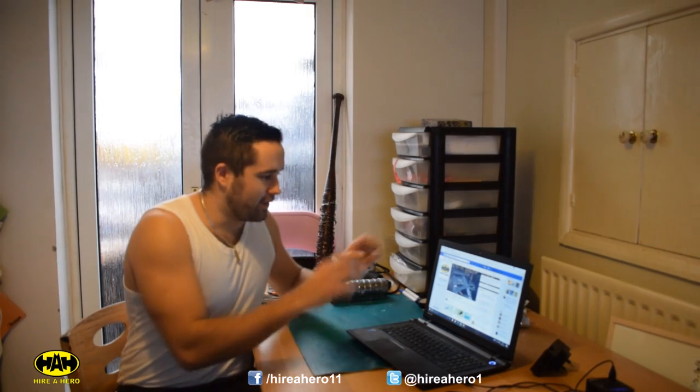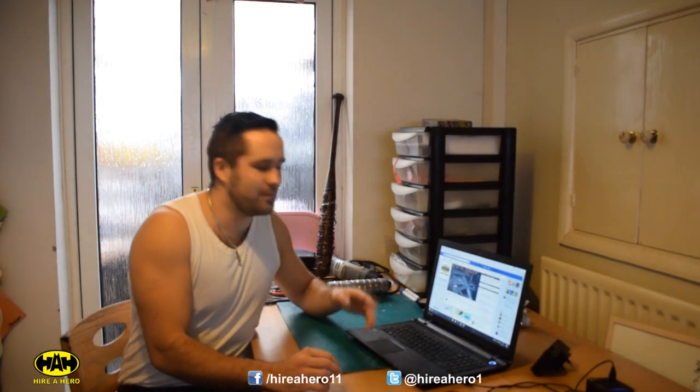Right, time to get started on the Winter Soldier's left bionic arm. Now there's a couple of ways I could go about this. One would be to look through the internet and try and find a Pepakura template, which I've done, and they're all rubbish. Plus, I don't know how well it would fit until I've made them, and it's quite a complex model, and I don't really want to waste a lot of time and materials doing that only to find it's the wrong size, either too big or too small,